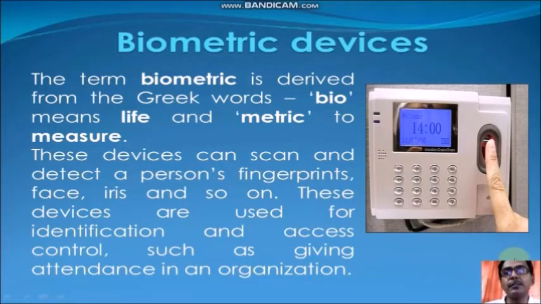So you have seen that in our school also, the biometric devices are installed to record the attendance of the staff members. So it is of great use nowadays in almost all organizations. Biometric devices are also used for creation of your Aadhaar card, or for your elderly grandfathers and grandmothers for giving their life certificate. They are also used to scan the finger, scan the iris, scan the thumbs and all the fingers. So in all these cases the biometric devices are used.